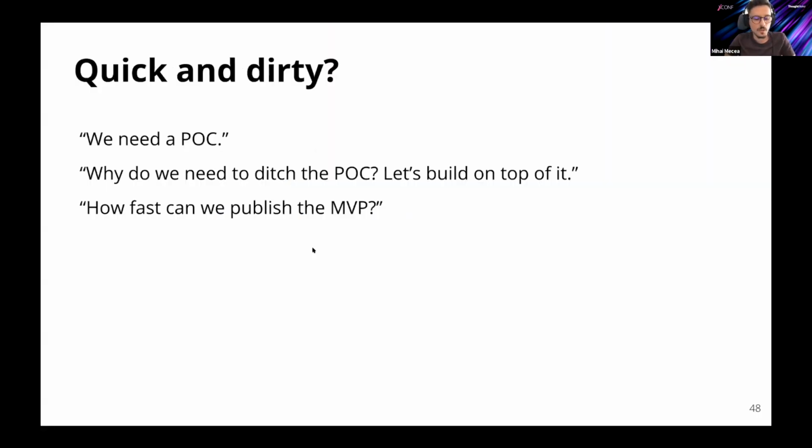Well, have you ever been required to write a proof of concept, and then you've done a great job, you have a good result for it, and everything goes well, and your client requires you to, okay, I want to publish this. Let's build this for an MVP.